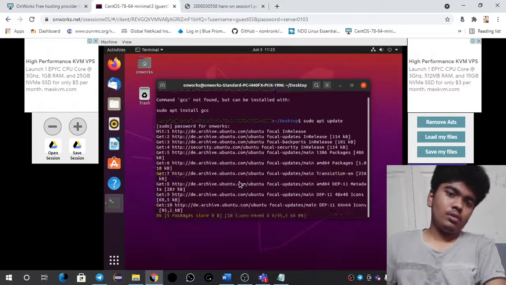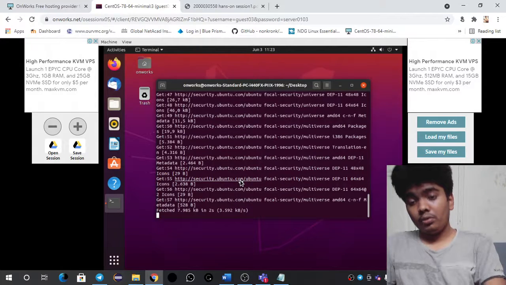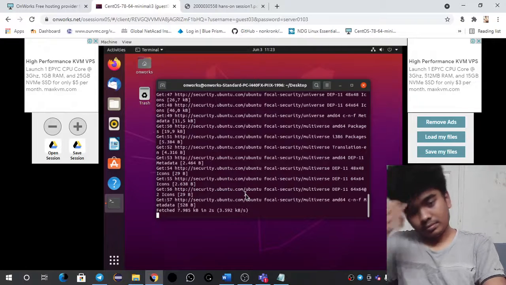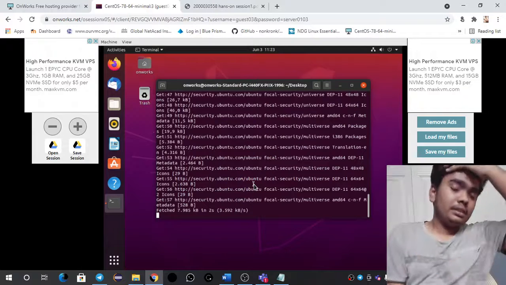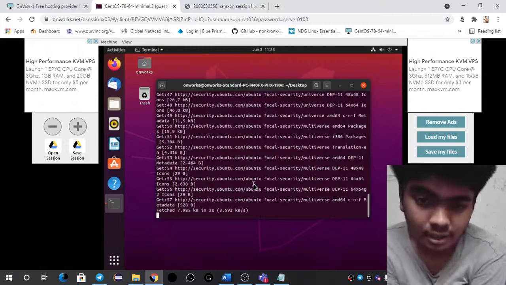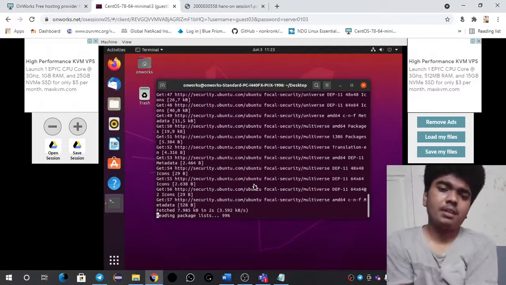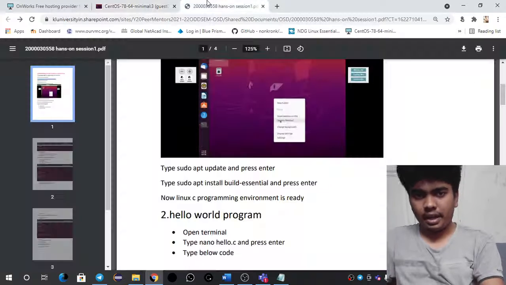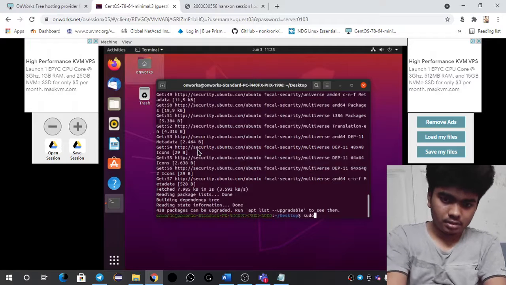I had told all this basics in our first video. You can go and check there in the hello world program how to initialize this thing. But we may face a problem like a power cut or an unstable Wi-Fi connection. So for all those things, they are giving a provision where we can save this whole session in this drive, and then sudo apt install build essential.